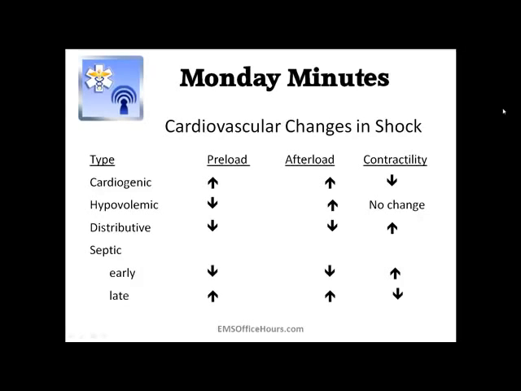As far as we were looking at things like our preload, our afterload, things like that. So what do you want to look for when we talk about this? Well, some of the signs and symptoms, just to quickly go over, give you an idea, on each individual area. Now, cardiogenic, you'll get those distended neck veins, JVD, because you have that increased jugular pressure going on,